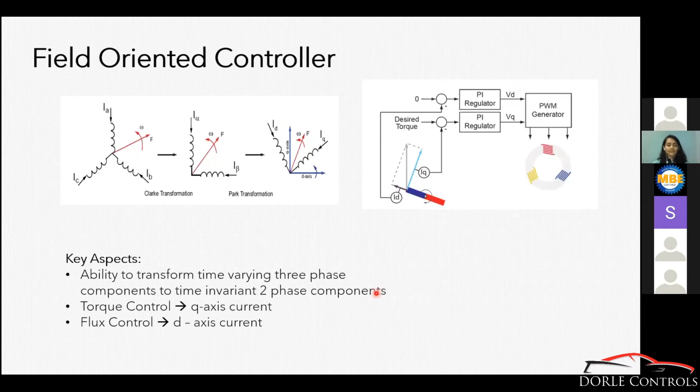The controller we selected is the FOC controller. The main purpose of selecting this controller is that it gives us the ability to control the flux component and the torque component individually. We can achieve this by converting the three-phase stator currents into two-phase current components: the direct axis component and the quadrature axis component. The direct axis component controls the flux, and the quadrature axis component controls the torque, and these two components can be controlled individually using a PI controller. So we can take a look at the controller model.